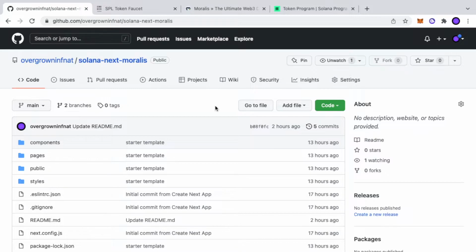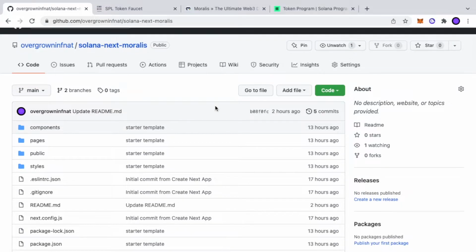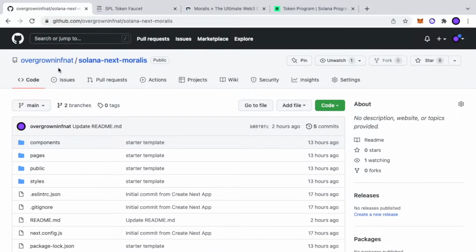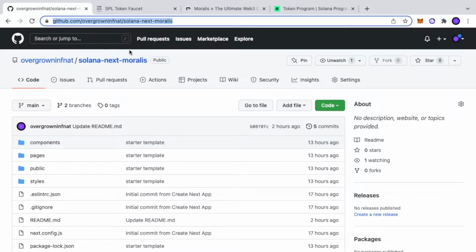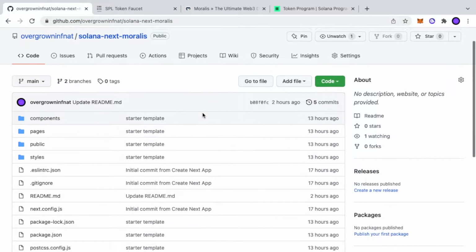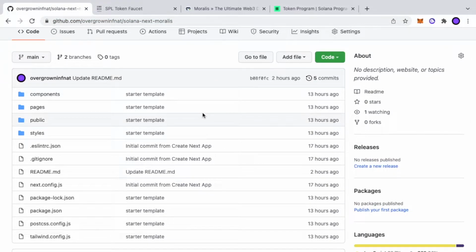My dear friends, we are now ready to code together this amazing Solana Web3 application using Next.js and Moralis. For this project I have already created the starter template. You can find it on my account under the Solana Next Moralis repository. I will leave this URL in the description down below, and this starter template is just a simple Next.js application